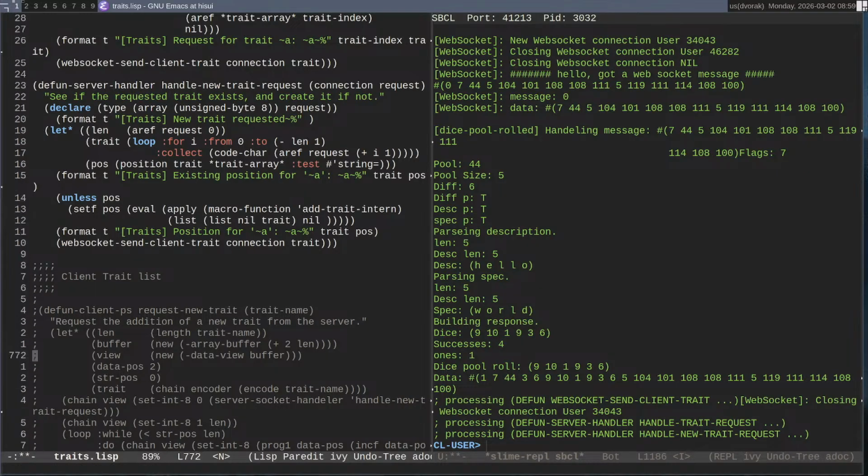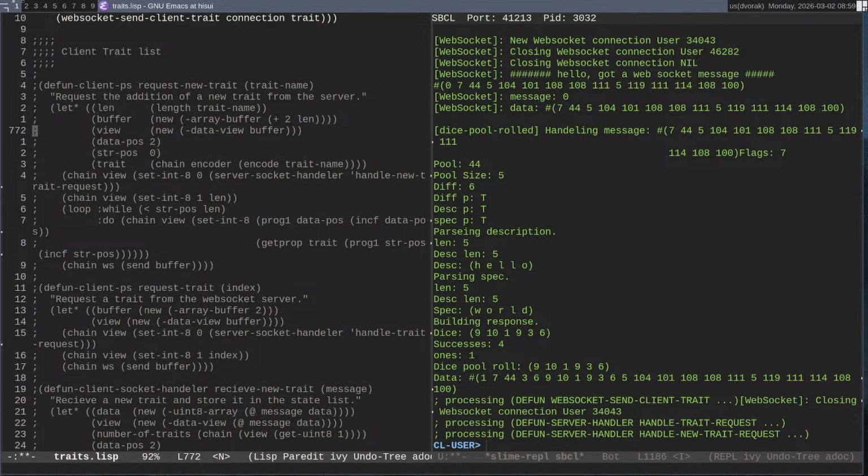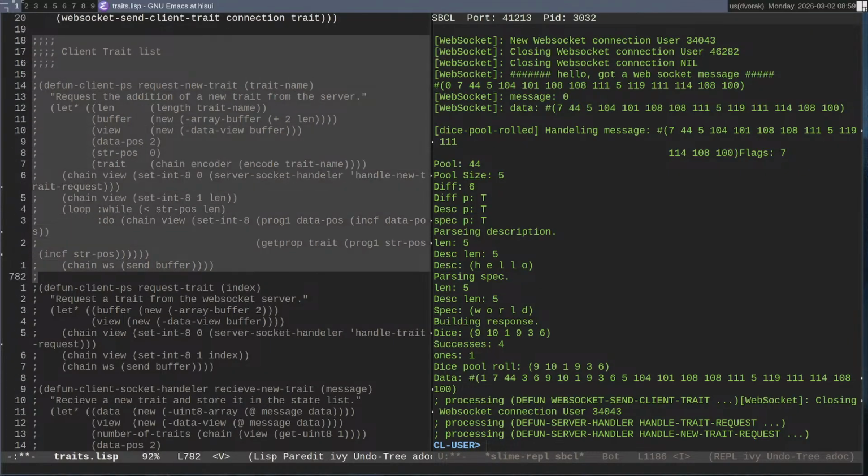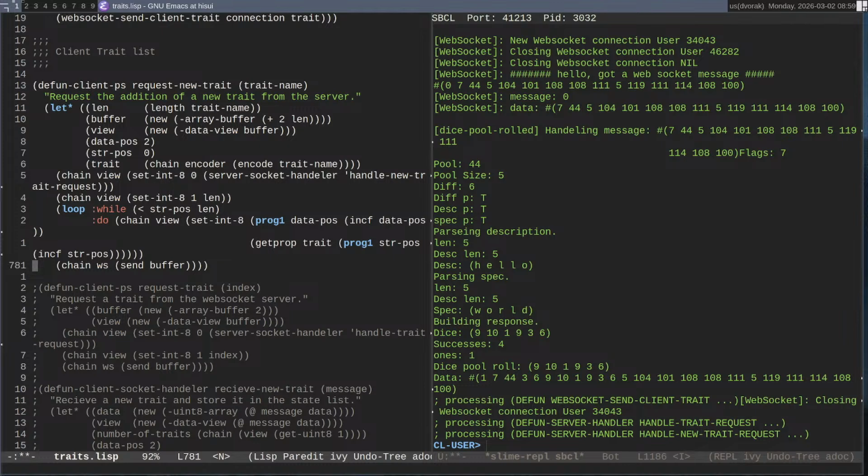So, client trait list. This is probably where I was having problems. So this is one client, this one. That's what I want. Okay. So defun client PS request new trait.